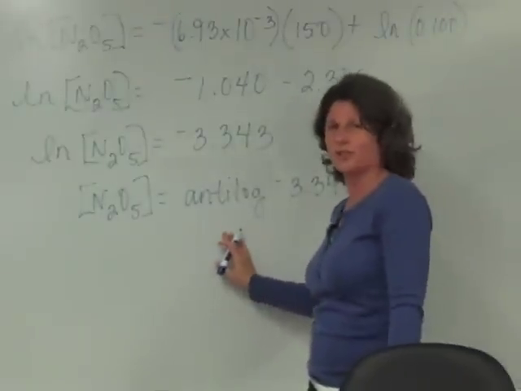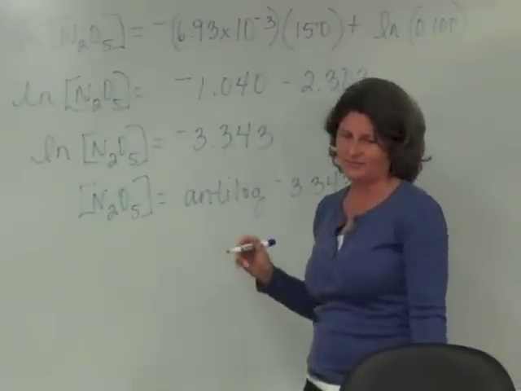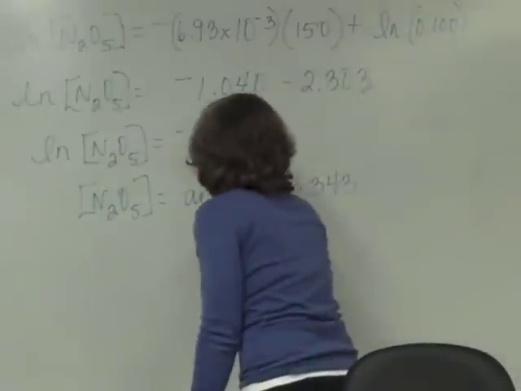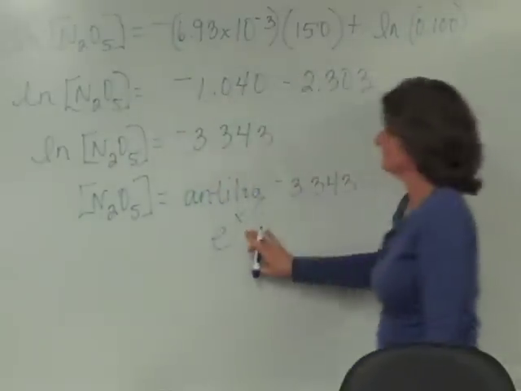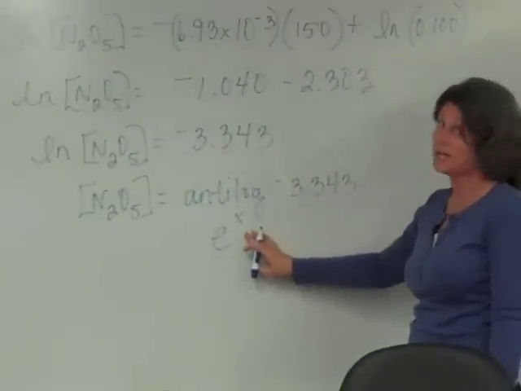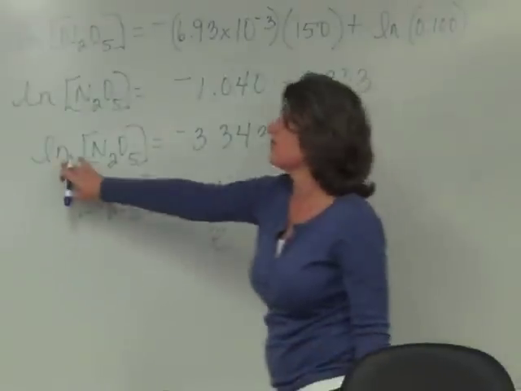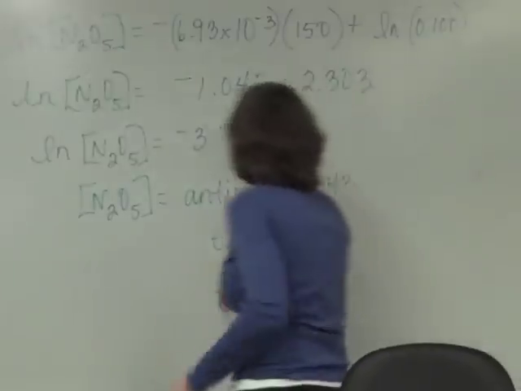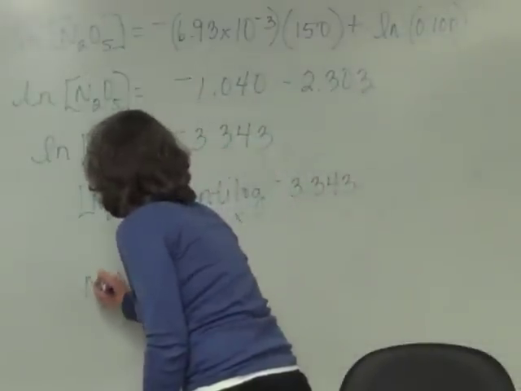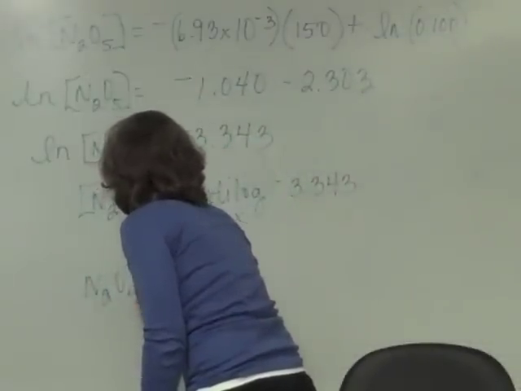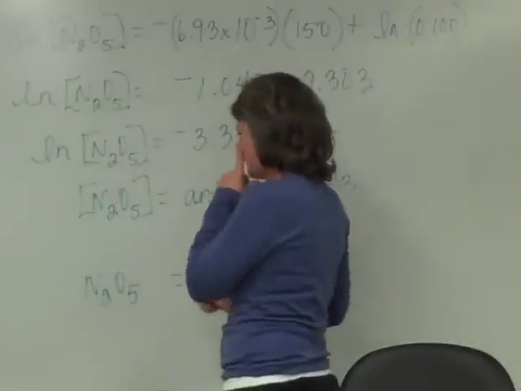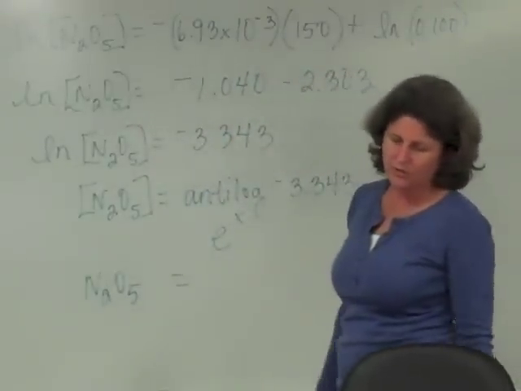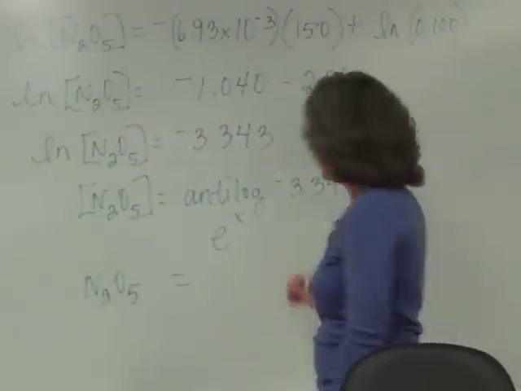What button do you push on your calculator? e to the x. And that's how you find an anti-log. That'll get rid of your natural log here. Okay, and so that tells us then, you guys, that the concentration of N2O5 at time 150 seconds is 0.0